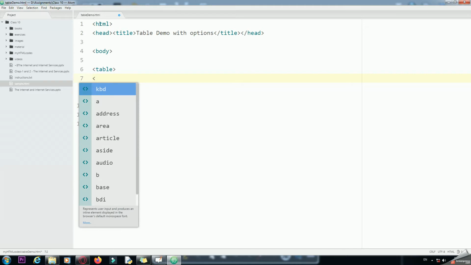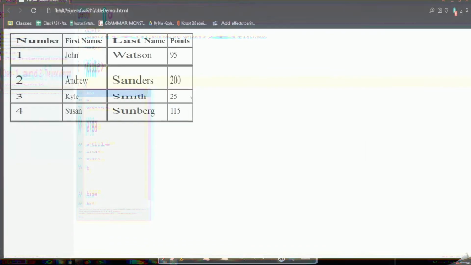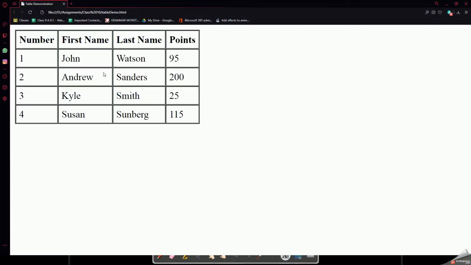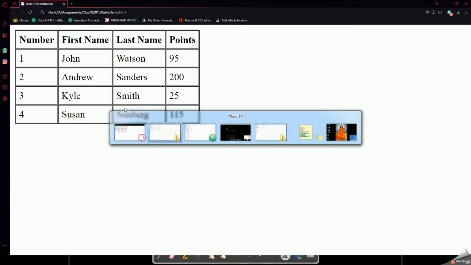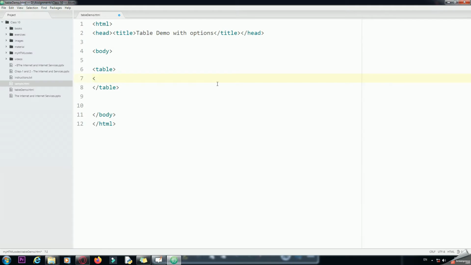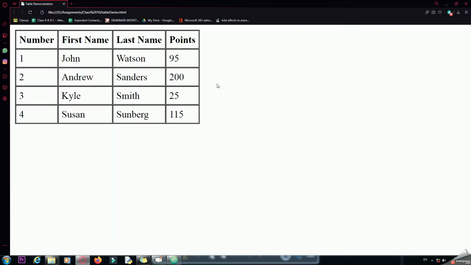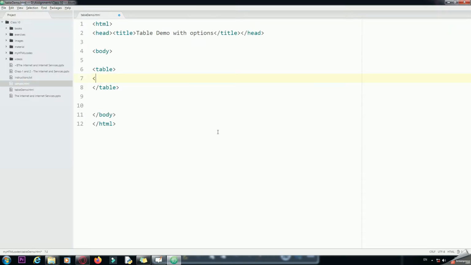Within this I am going to create a table which consists of 5 rows. So let us see what table it is. So this is the table which we are going to create. So let us come back to our Atom Portable software, and we will see what is there. Firstly, there is a group of how many rows? There are 5 rows. So let us first create a row template.